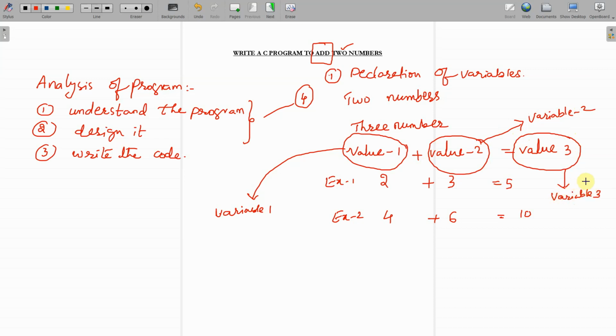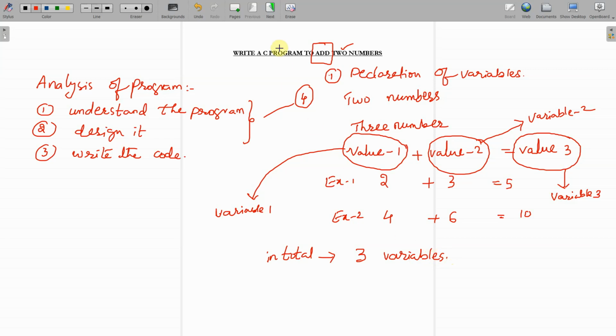After seeing this analysis you can come to the conclusion that in total we require three variables. This is the way you have to understand the concept of declaration of variables and identifying the total number of variables, right? So this is step number 1.